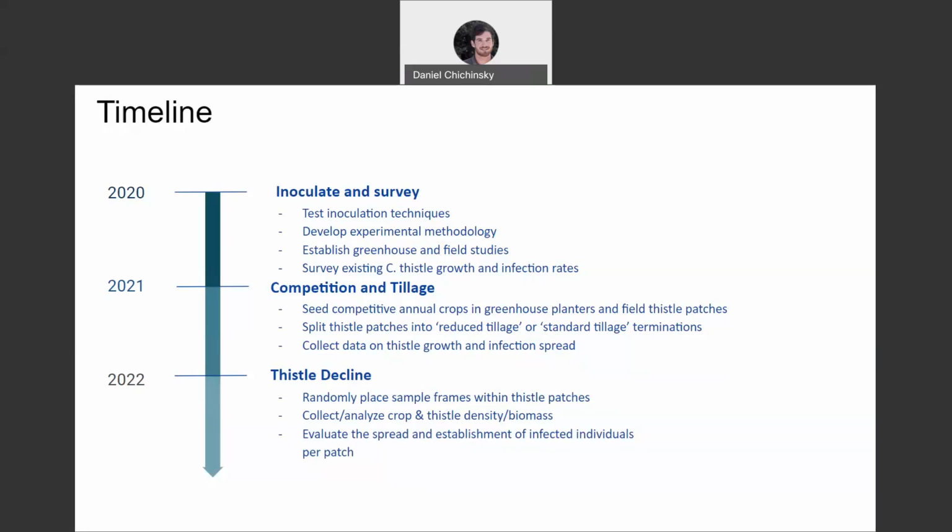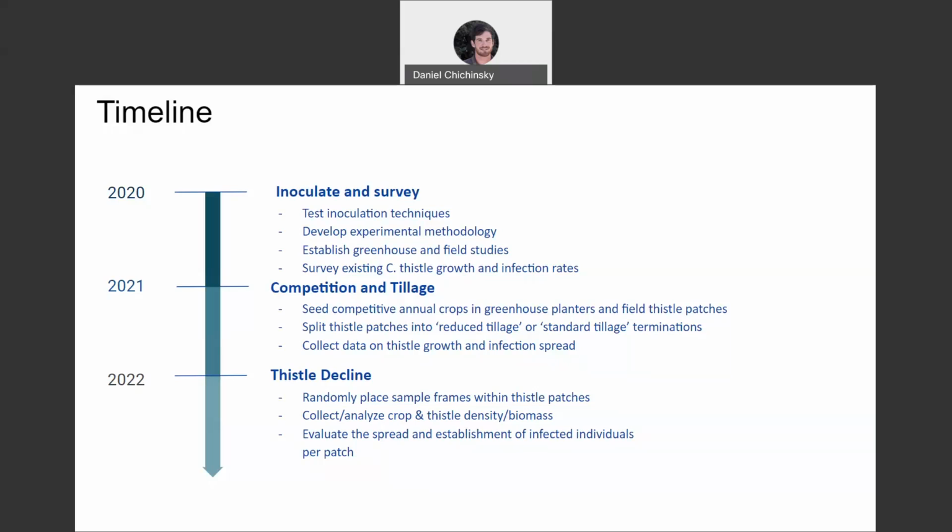In 2021, we will continue to evaluate competition and tillage. We have seeded competitive annual crops both in the greenhouse and in the field. We've also begun splitting thistle patches into reduced tillage and standard tillage terminations. And we will continue to collect data on thistle growth and infection spread. And hopefully by 2022, we will be able to see thistle decline, which is caused by thistle rust and by